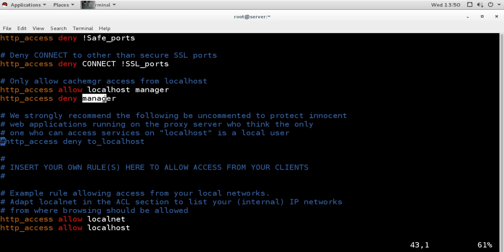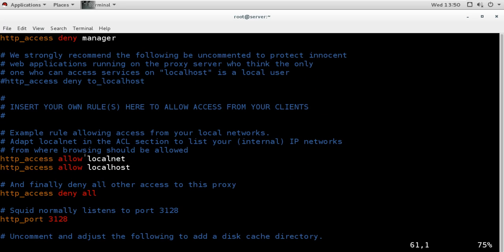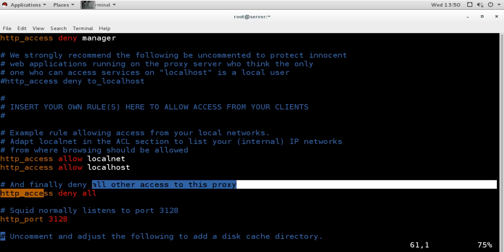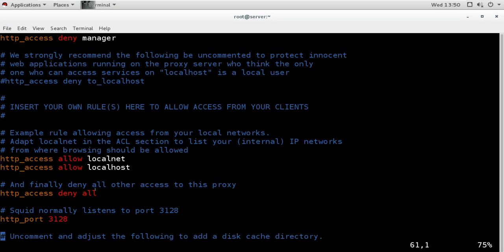Then it is also saying here allow our localnet. By this it is going to allow all our private IPs, and then it is also going to allow the localhost here, and finally when anything does not match, it will deny all the rest of the things. In our local network we are having the IP of 172.16.0.0. This is also a private network. So by default it is allowing the private network, and that is why that client is able to access the site from the proxy server. If we have a different IP, then it is not going to allow it. It is going to match here.